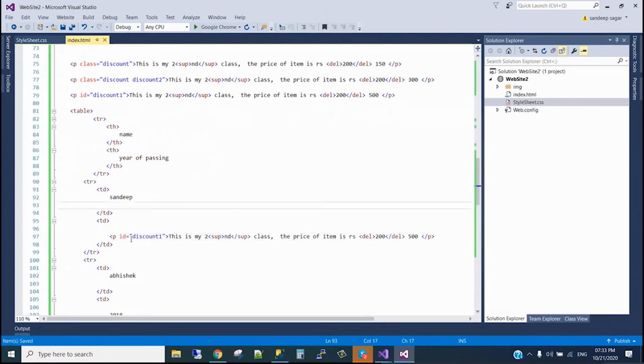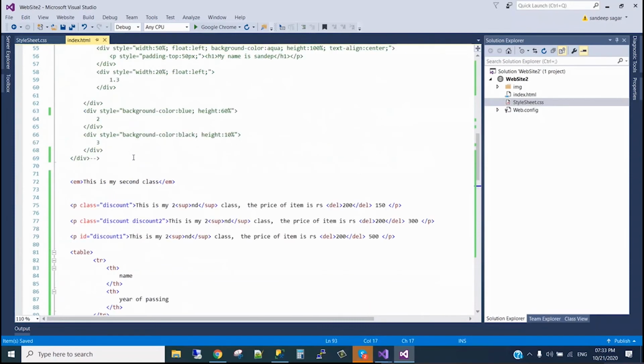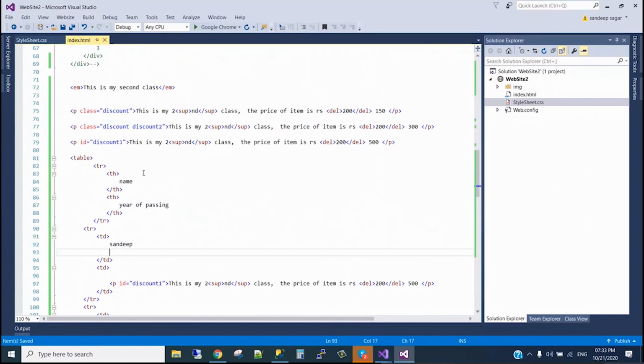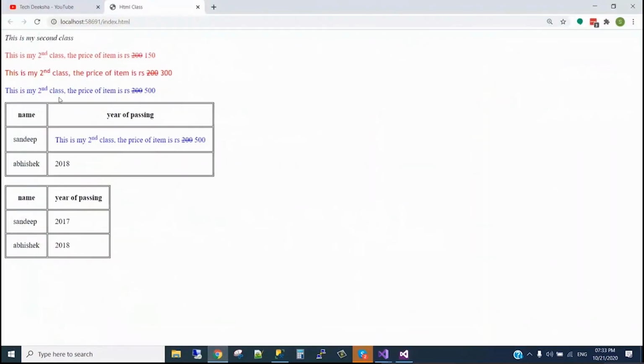So in td, in the rows or in the header, we can use whatever tag we have learned. We can design according to our wish, like we can have some bold here, some underline, we can use the background color, whatever we want according to the CSS we implement.